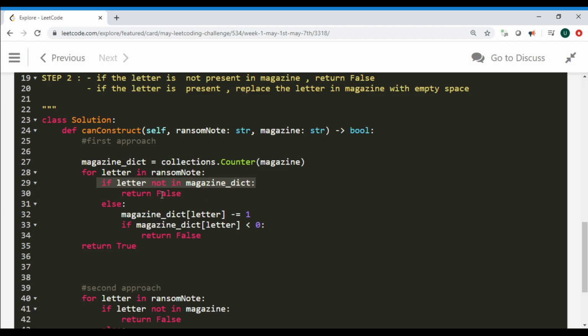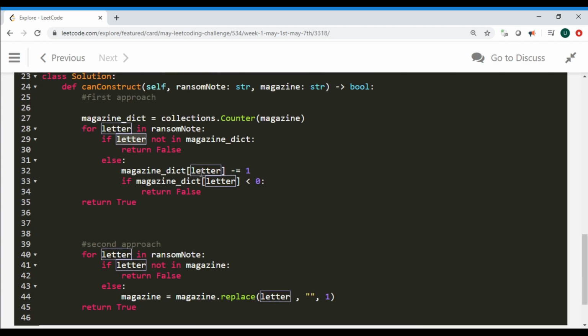If it is not, I'm directly returning false. Else I'm going to decrement the value by 1 for the respective letter in the ransom note. And finally I'm going to check if the magazine dictionary contains a value less than 0, then again I'm going to return false.